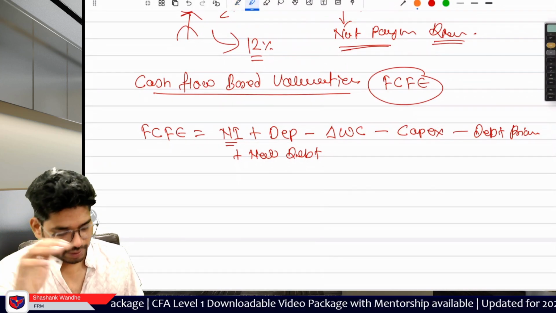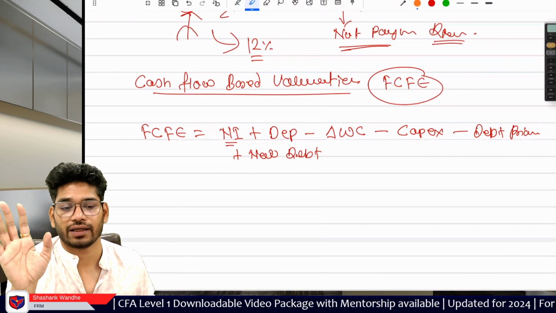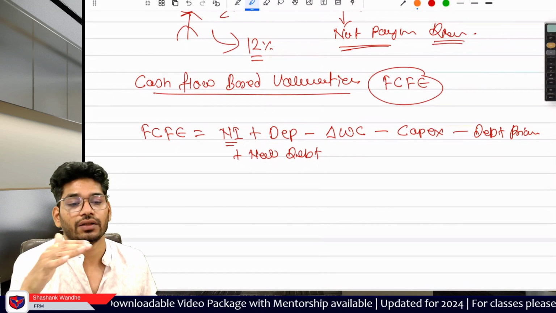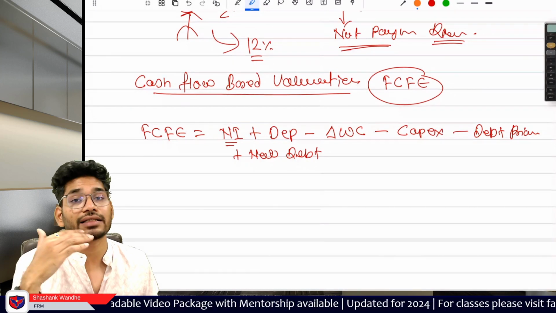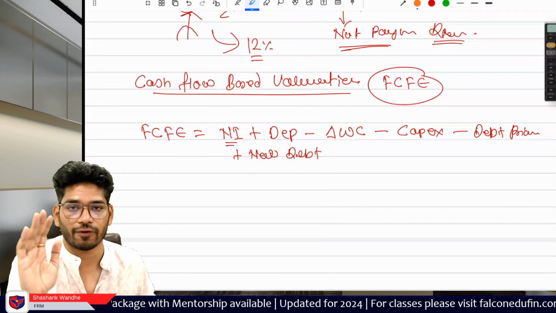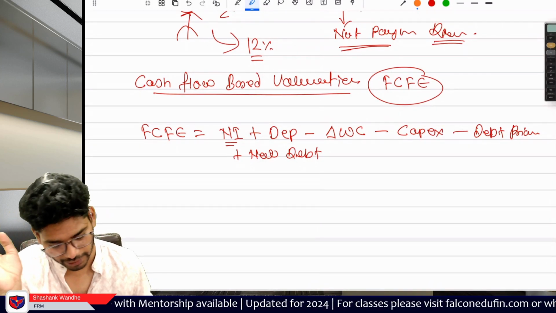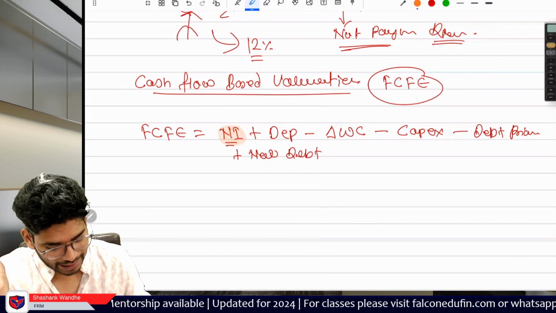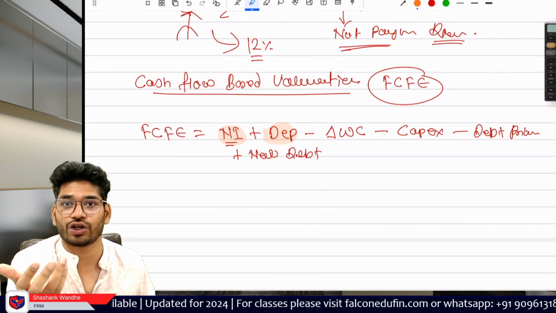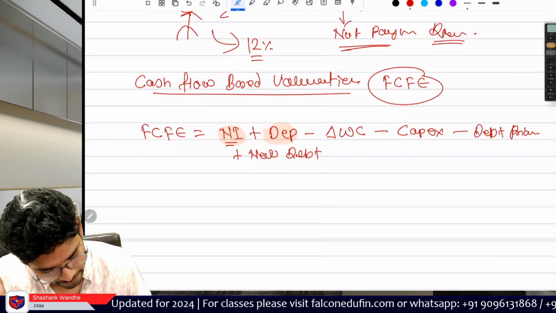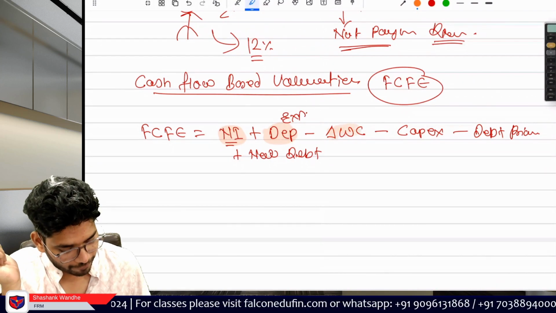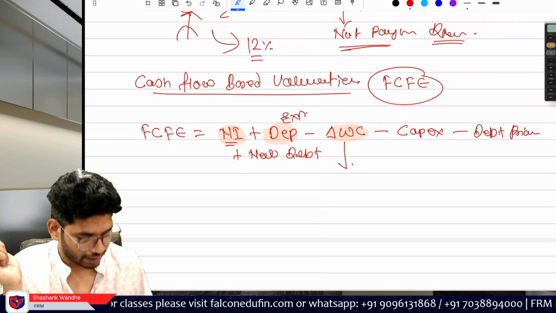Now here, this formula is very easy if you understand the cash flow statement chapter. If you don't understand the cash flow statement chapter properly, then it is super difficult to understand this formula. So my suggestion is simply remember the formula. The best situation is to remember the formula. Now here this net income is easily understandable. The depreciation part is easily understandable, the actual depreciation expense. Now we have the changes in working capital.